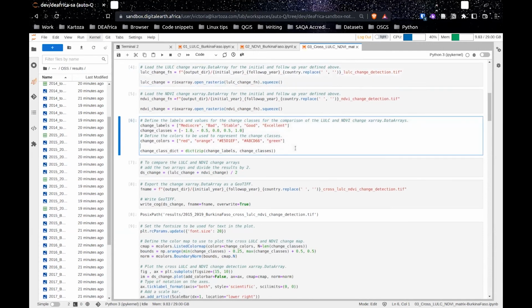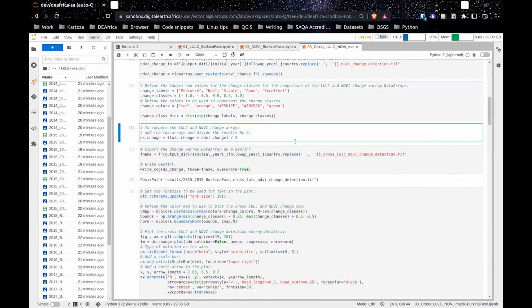Then we choose the conditions for our comparison. So we have the mediocre class, the bad, the stable, the good, and the excellent, in increasing positivity. We also define the class values and the colors we'll use to plot once we get the data. So how we compared is to get the